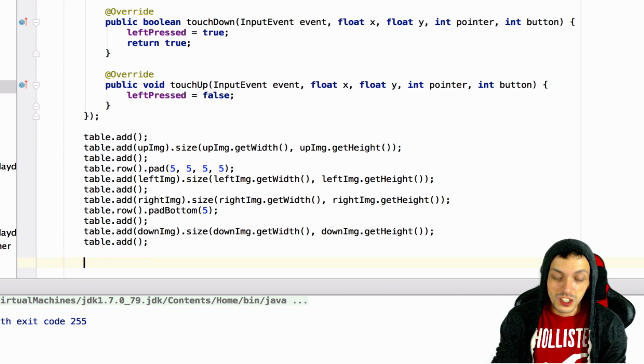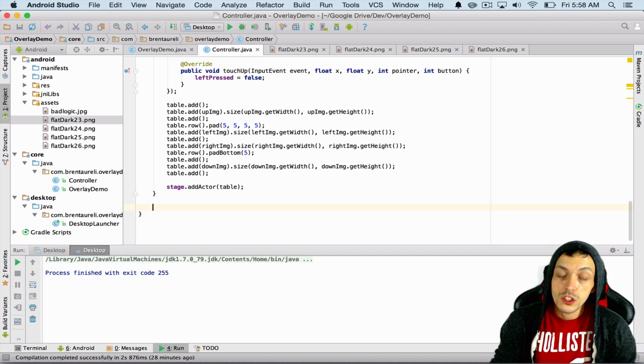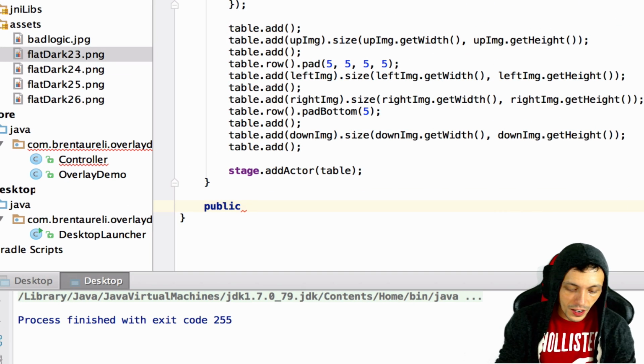Now we just need to add our table to our stage. So we'll do stage.addActor and our table. So let's create a new method so we can draw our controller to the screen. Public void draw, and we'll just say